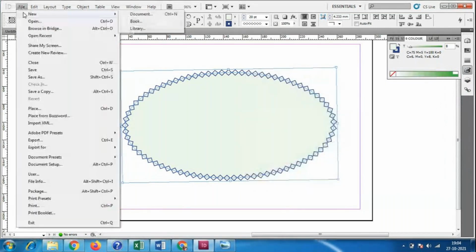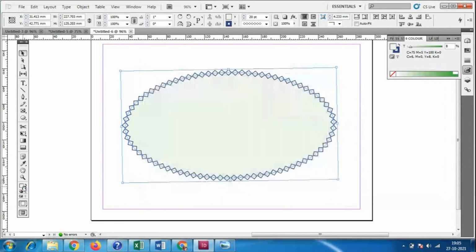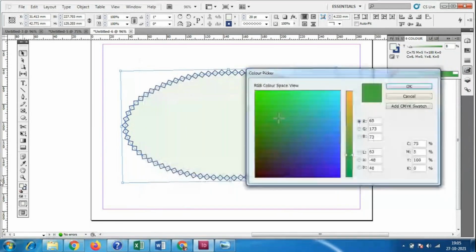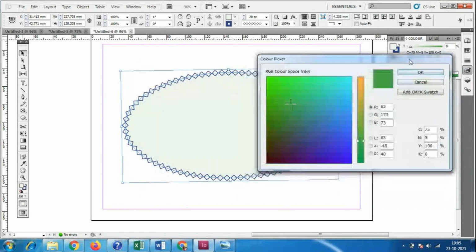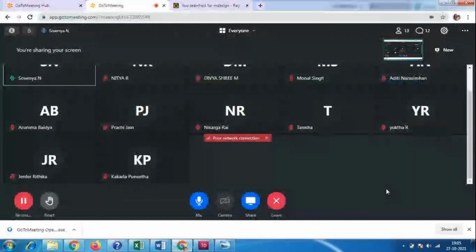Mainly we are using it for printing. Here CMYK shows the percentage of C, M, Y and K. What is CMYK? What is the full form of CMYK? Anybody can tell me what is the full form of CMYK?